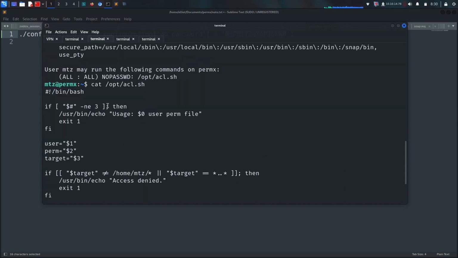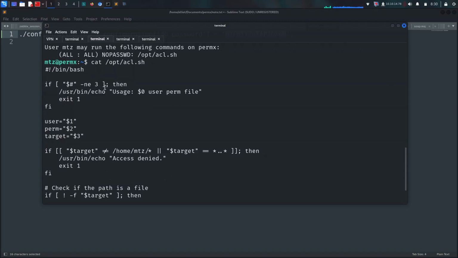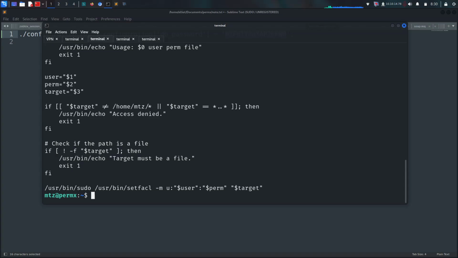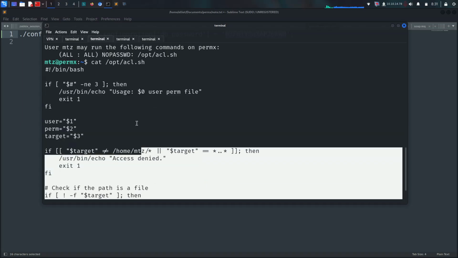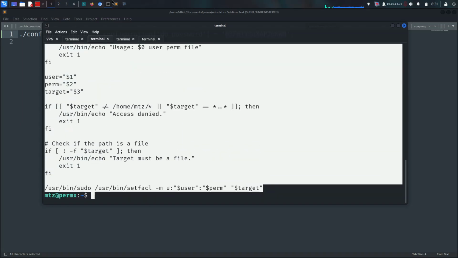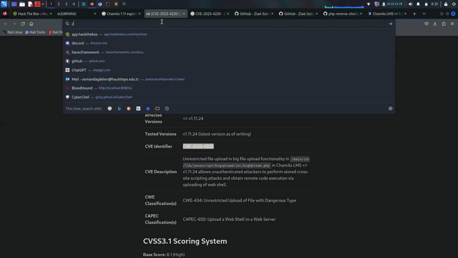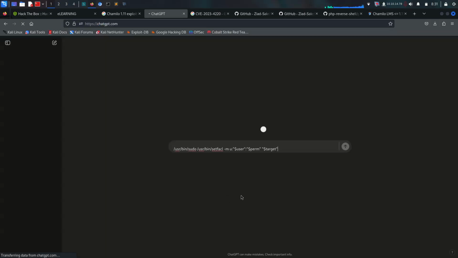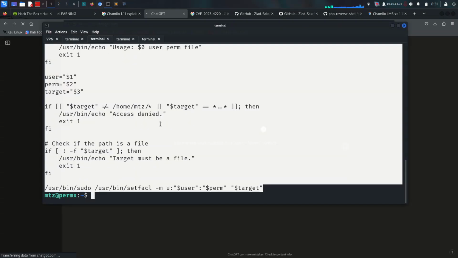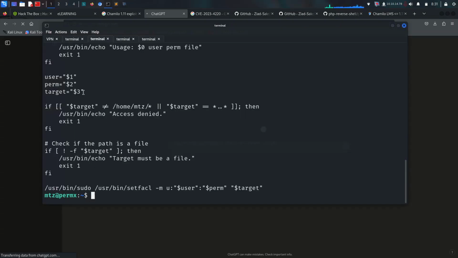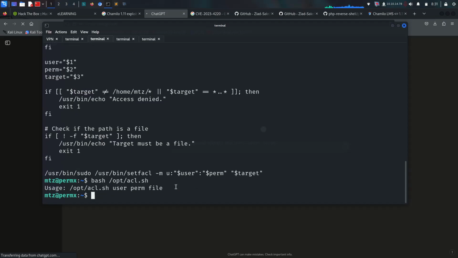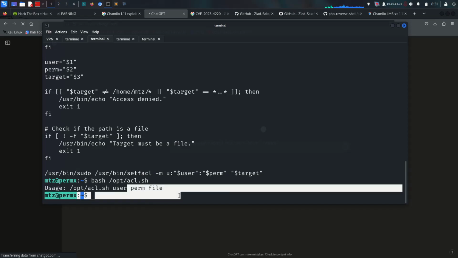acl.shell, and we grab here some user binary echo, and to understand what it is actually doing, to do other things we can try to give it here to ChatGPT, and let's see how it actually works and what it does. I will be visiting ChatGPT and giving this bash file and try to understand what it's actually doing. So it generally does here, I can run it with bash opt acl.shell, and then a user and perm file. For example, we need to give here the user and which perm file we need to be doing here,